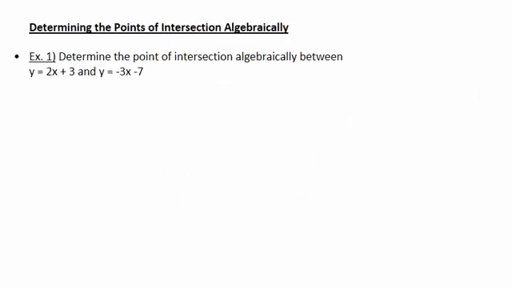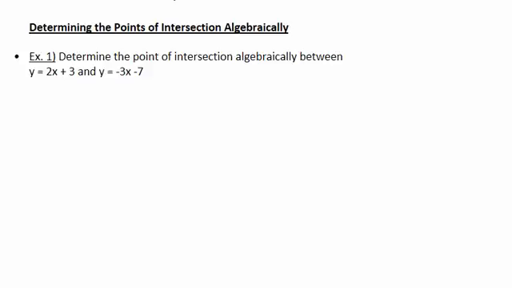So we just learned how to find the intersection point of two lines by graphing. Now let's look at the way to find the intersection point of two lines algebraically. So example 1, determine the point of intersection algebraically between y equals 2x plus 3 and y equals negative 3x